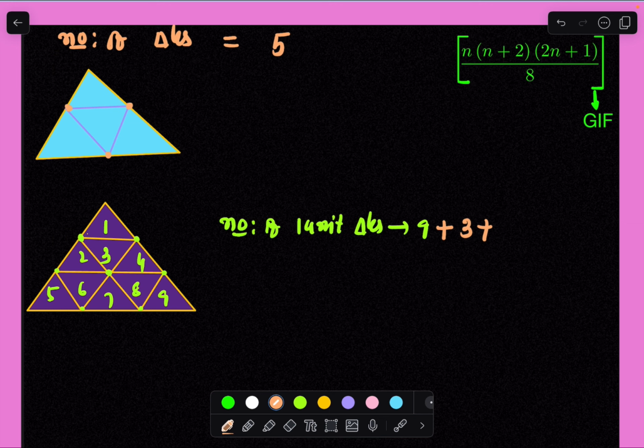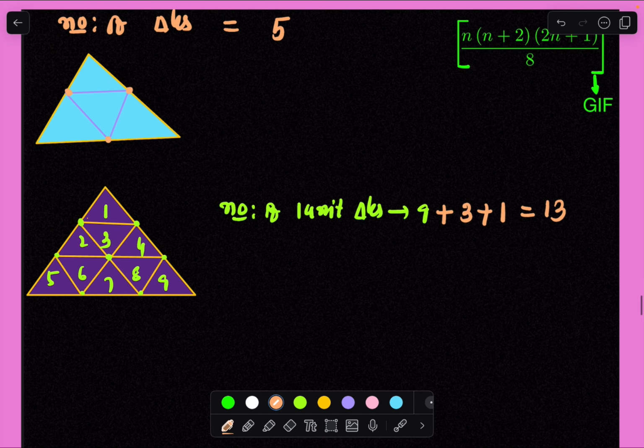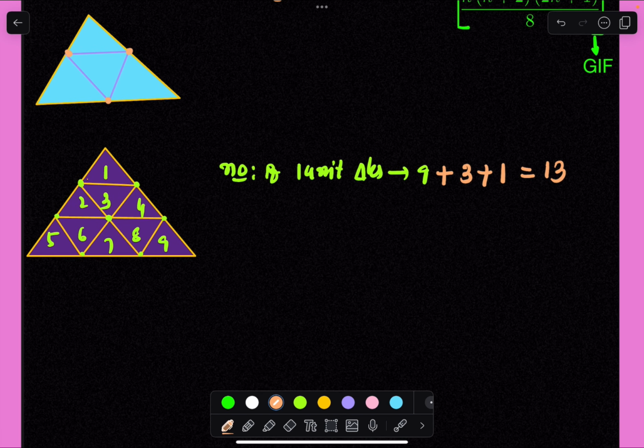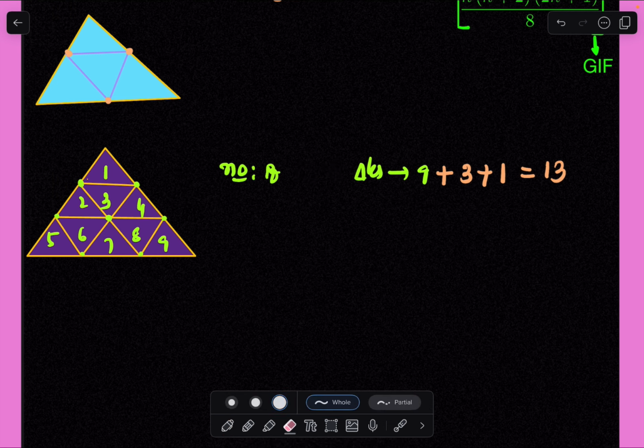A little bit bigger size triangle we can't get. Next one, a bigger triangle: we'll get this triangle. So this triangle equals how much? Here we are getting 1. And the total number of triangles equals how much? We are getting 13. So in this way, if we want to count, it will take a little more time. So the total number of triangles here finally we are getting is 13.